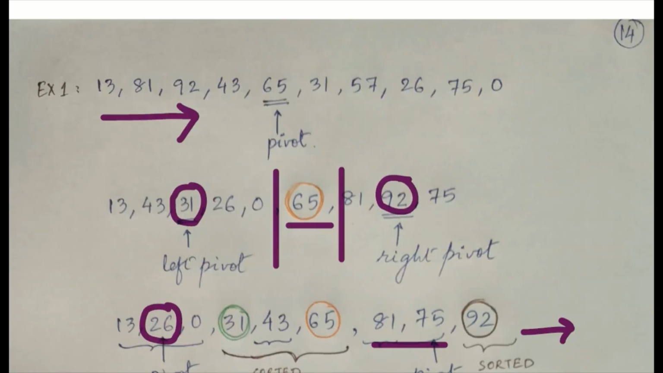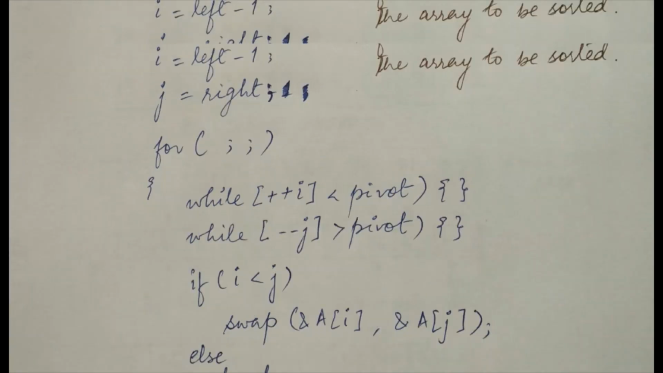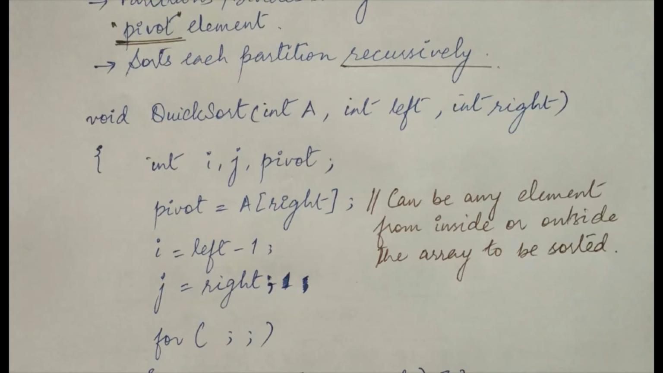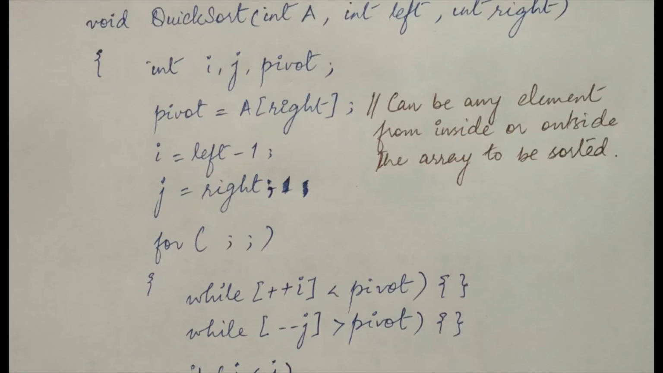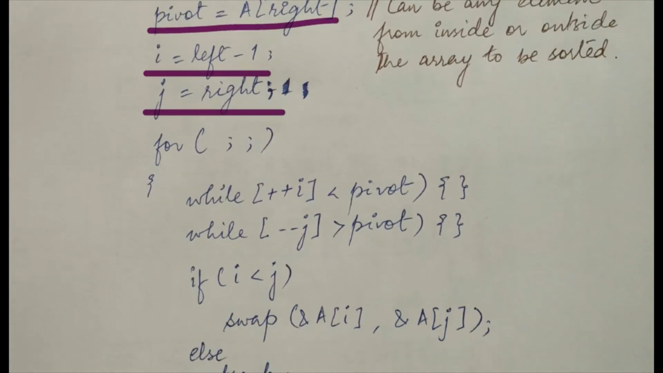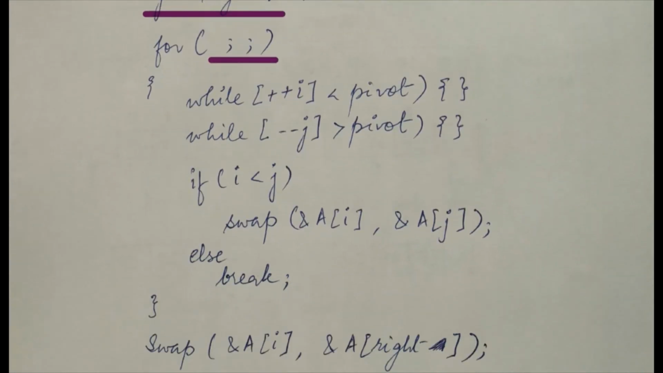So how does this happen in terms of the programming? In our case we are selecting the pivot as the rightmost element. I is left minus 1, so we set it to -1. J is right, so this is an empty loop. It will break only when I and J cross over. Okay, so while